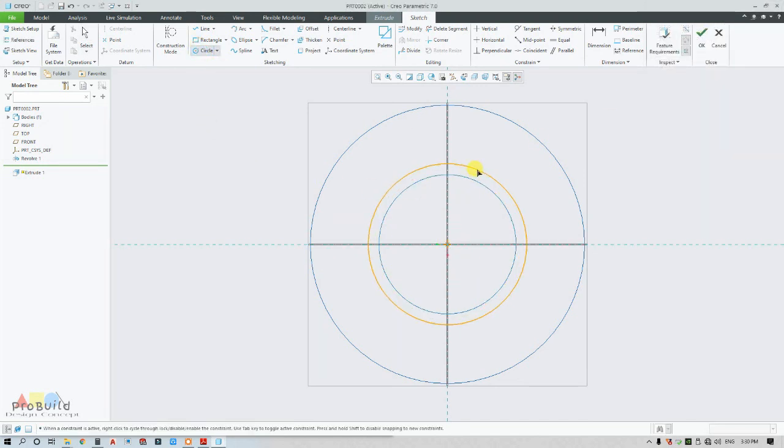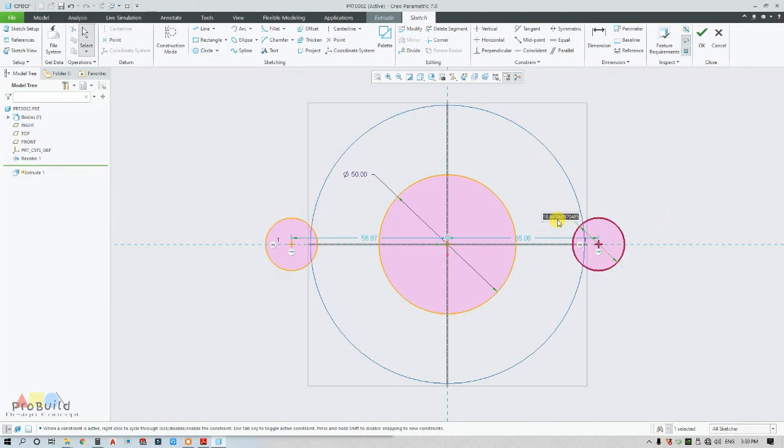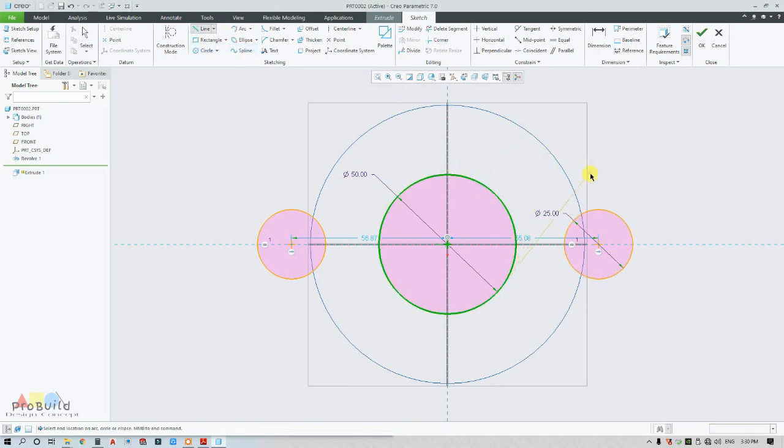Now I'm going to draw a circle. This is going to be 50, and on either side I'm going to draw a circle. So this is going to be 12.50 into 2, which gives me the dia of my circle. So I'm going to have a tangent line on both sides of the circle.